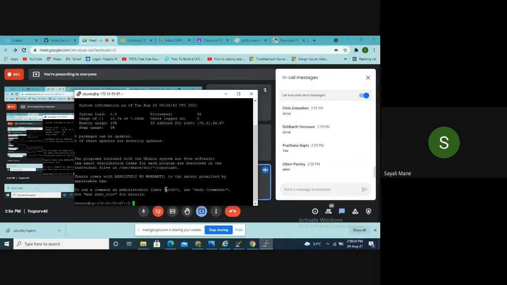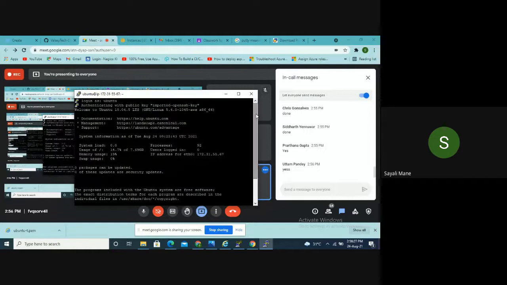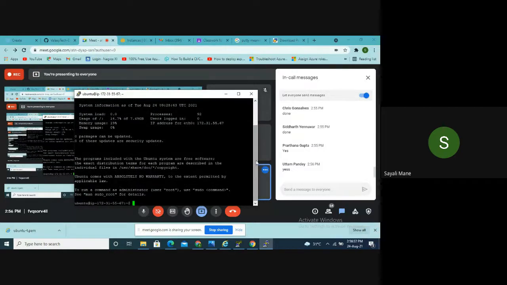If yes, then please take a screenshot of it. Take a screenshot of this first part. Try to highlight the date, then highlight the login as, and then save. Just let me know once you are done with saving all the screenshots. And don't forget to highlight the date and time.